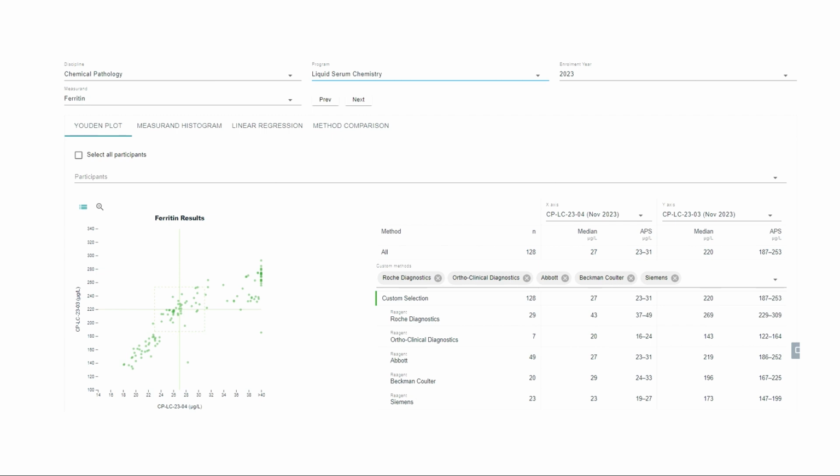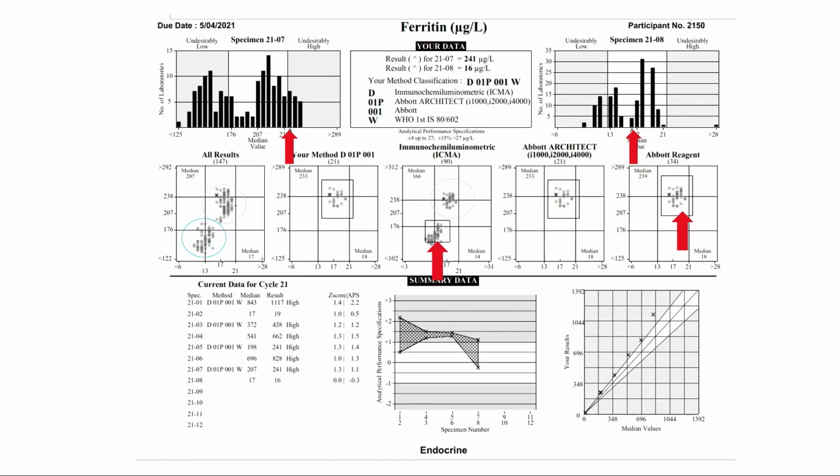And if you look at the spread of results down here on this left-hand diagram, you can see that there's an enormous spread of results. And this enormous spread of results is because of those method differences. So those method differences that we see here in the normal EQA material is also present in patient samples. So patients would have this same spread of results depending where they went.